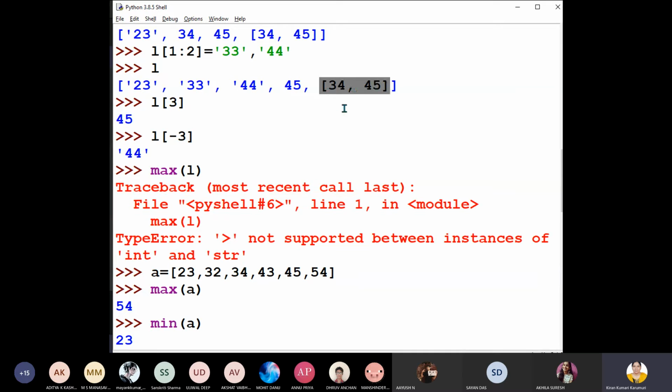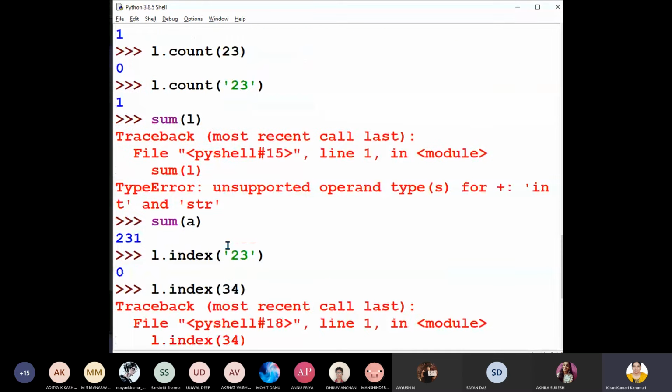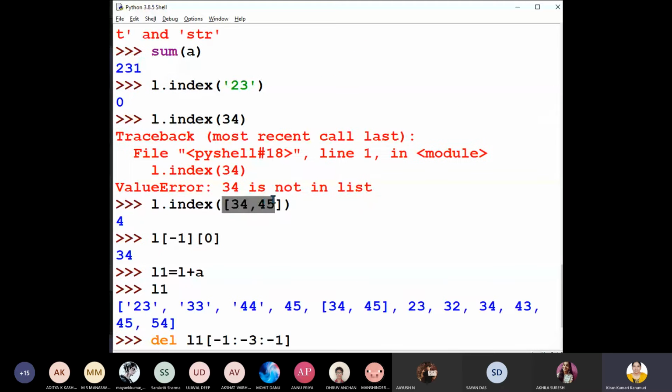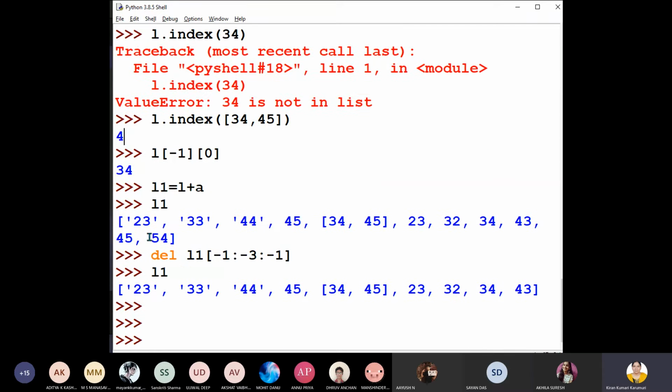So what is the index of this entire item? 34, 45. See how I have given 34, 45 entire item I have given. So what is its index? Ma'am, 4. Correct? 4 ma'am is the answer. Correct? Yes, ma'am.